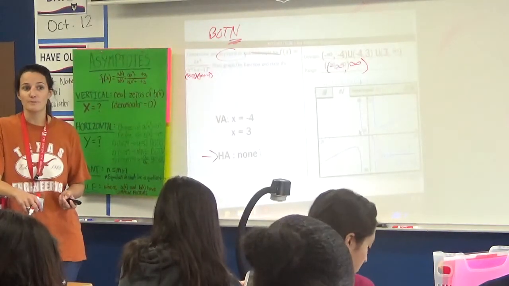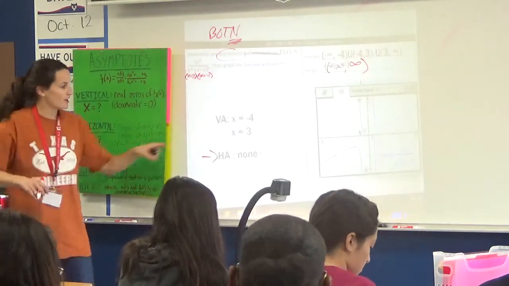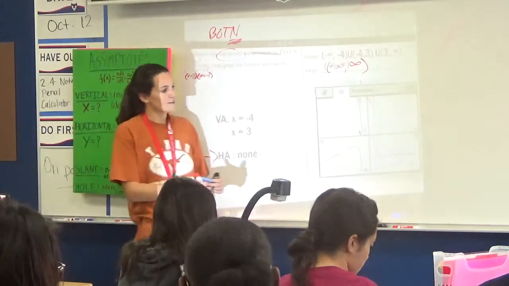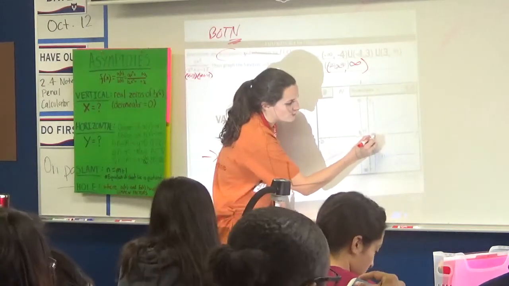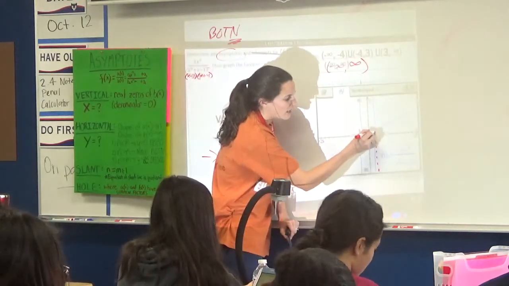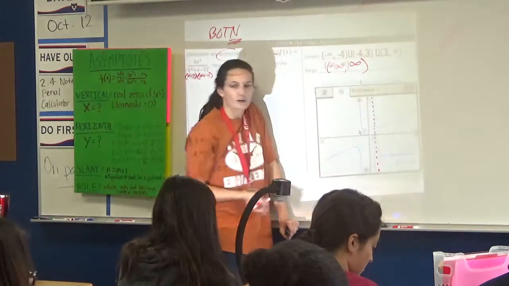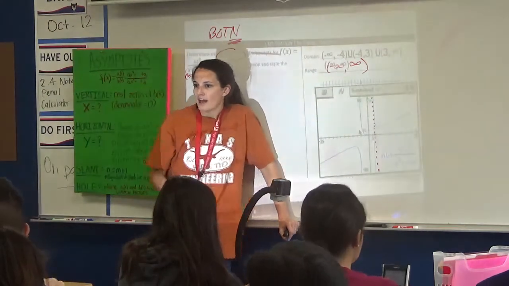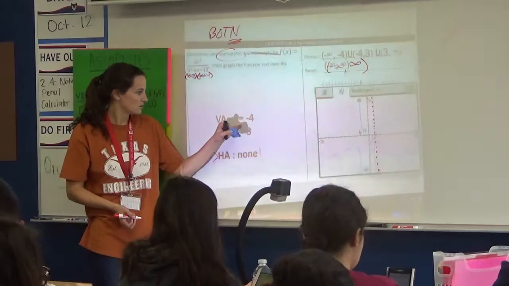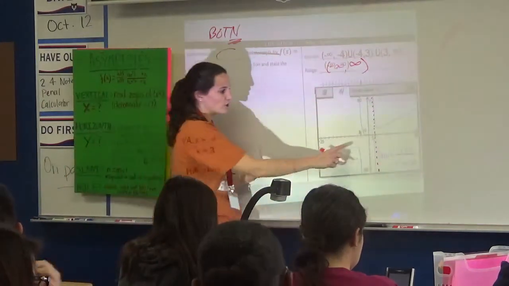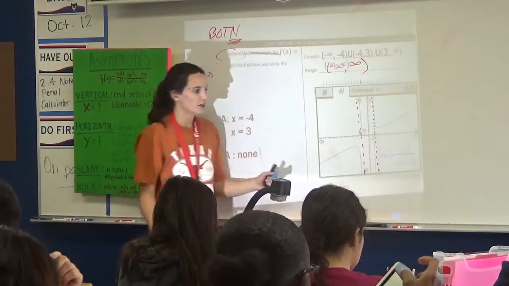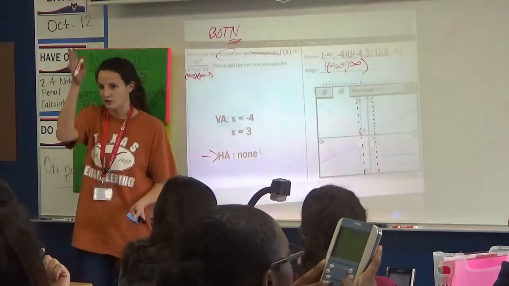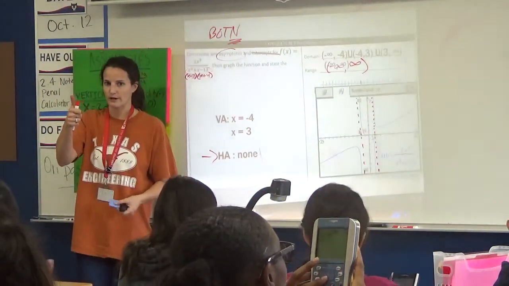This confirms what we were thinking. Let's look, our vertical asymptote, we should have one at 3. If I look over here between 2 and 4, that makes sense for our vertical asymptote to be there, right? And then where should our other one be? Negative 4. 2, 4, they're counting by 2's in my graph, so that would be right here, and that's where that other little imaginary line is. So that makes sense. We feel good about our answer.